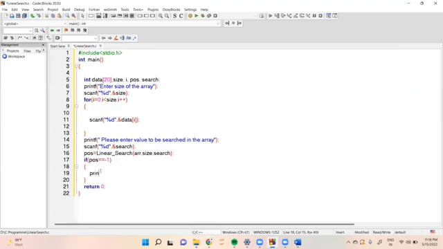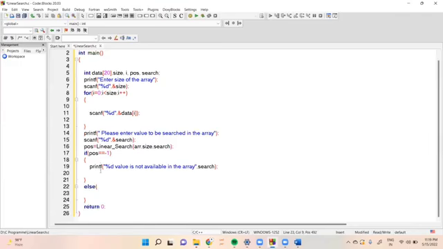So printf %d, value is not available in the array. So I will write search value. The value I want to search, if it is available, then I have to write this statement. Else, what will happen? Else printf